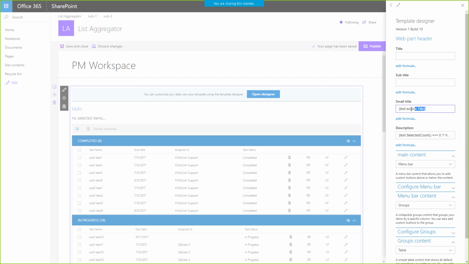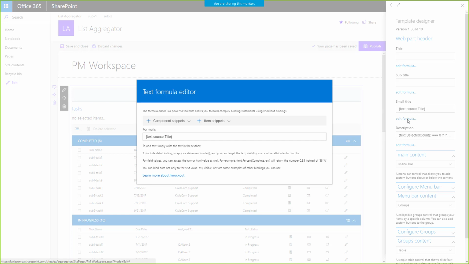Now, you might notice that I don't have a static text here. I actually have a token. And this is the nice part. It's not just about static titles. The title can include dynamic content. And you see that below each field here, you also have edit formula. For example, here it shows the title, the name of the list that I'm showing. And if you open the edit formula dialog,